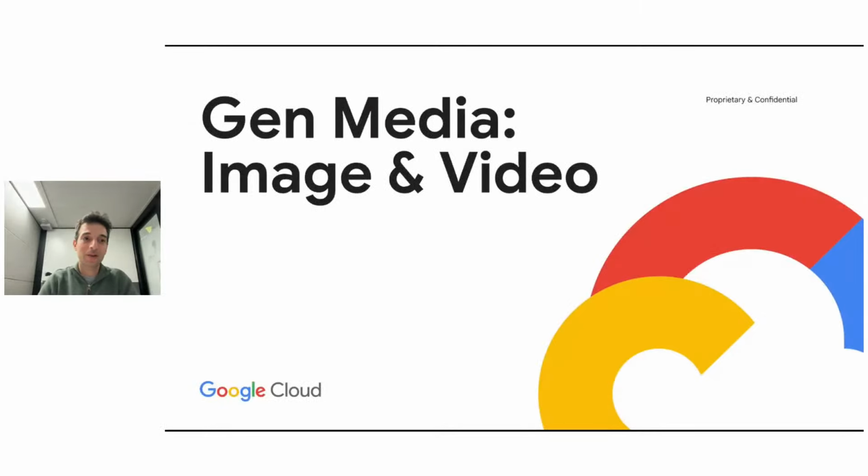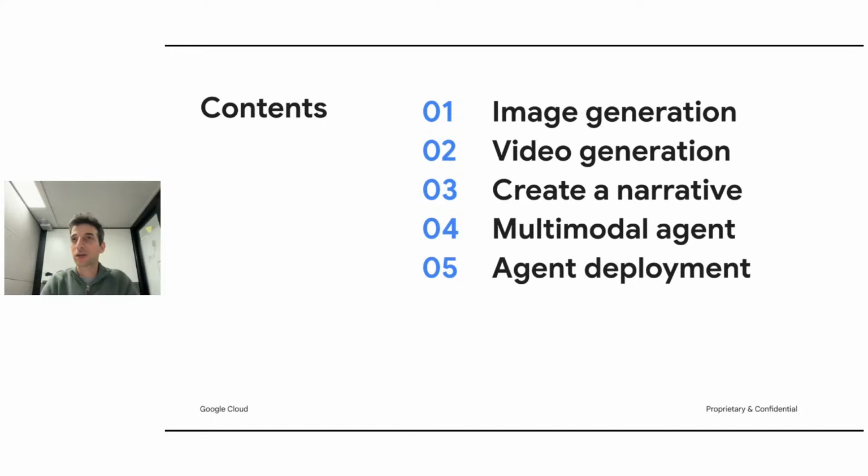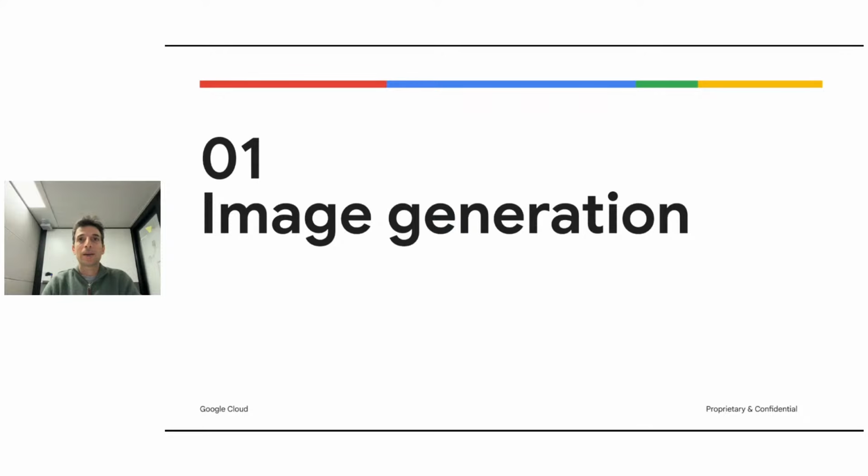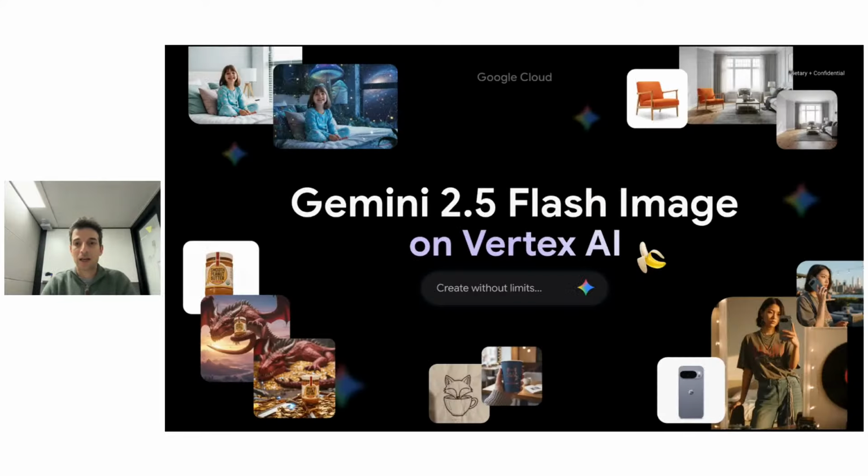All right. So today we are talking about maybe what you came for: image and video. Image with Nano Banana and video with Veo 3 and 3.1. Let's get started because we have a packed agenda. We are going to be generating and editing images. Same for video, creating a full narrative, a multimodal agent, and more. Let's get started. And I will run through these demos very fast, and then we're going to reach the actual